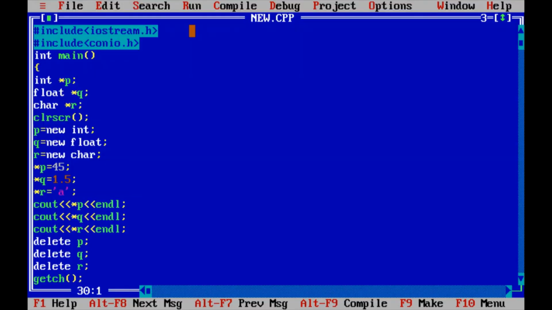These three values have been printed on the output screen. Like this we allocate the memory during runtime by using new and delete operators. The new operator is mainly for allocating the memory, and to deallocate it we use the delete operator. These are called memory management operators in C++.